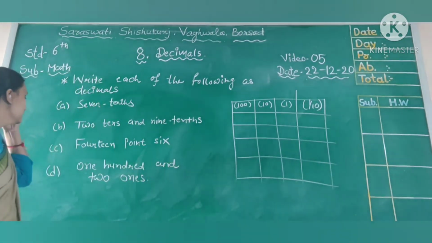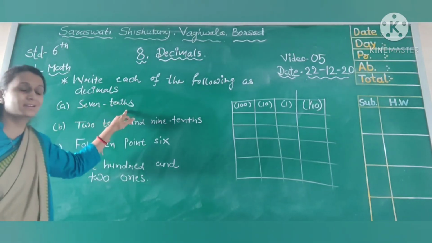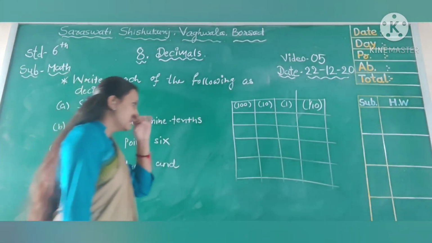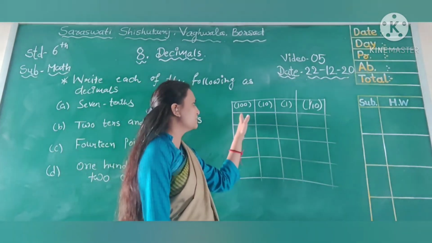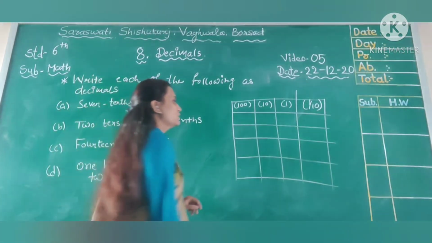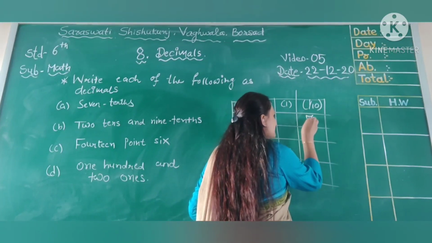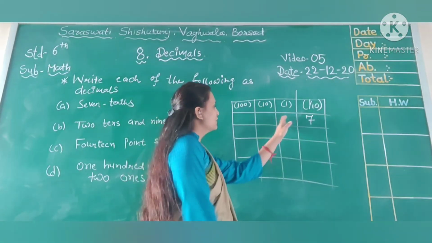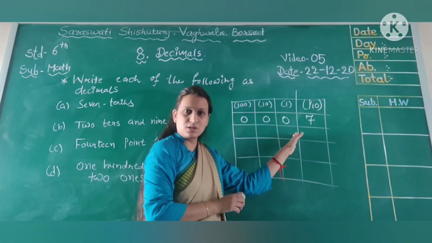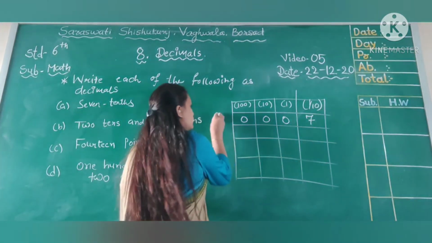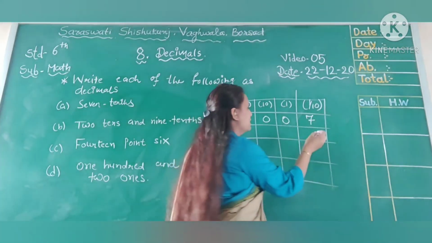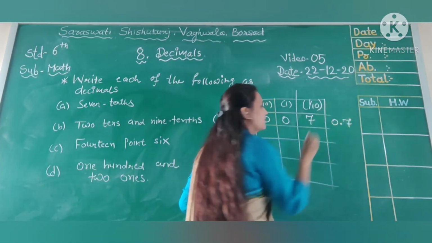Okay, now in the first number we have been given 7 tenths. 7 is at the tenths place. Here we haven't been given the ones place, tens place or hundreds place. Directly we have been given 7 tenths. So 7 is at the tenths place, so here 7. There are no ones, no tens, no hundreds, so here we have written 0, 0, 0. So how can we represent the number? 0.7, because after the ones place there is the decimal point, so it is written as 0.7.